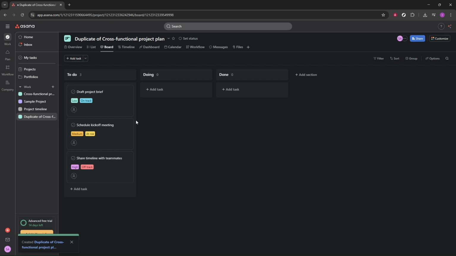That's all there is to it. You've successfully duplicated a project in Asana using Google Sign-In, saving time and keeping